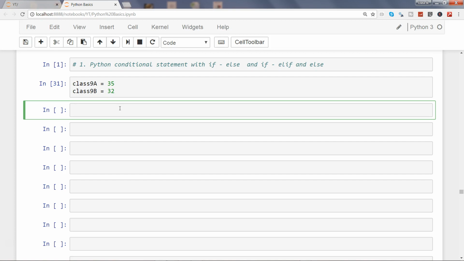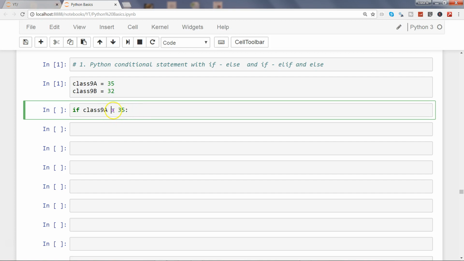First of all, we will start with the basics, and then we will move on in the next videos to else, else if, and multiple conditions. It's very straightforward. First you write if, and after that you write the conditional statement. So our conditional statement is class. First of all, I'll just execute this, and now if I press tab after class, it will show me the methods. Class 9a is greater than 35